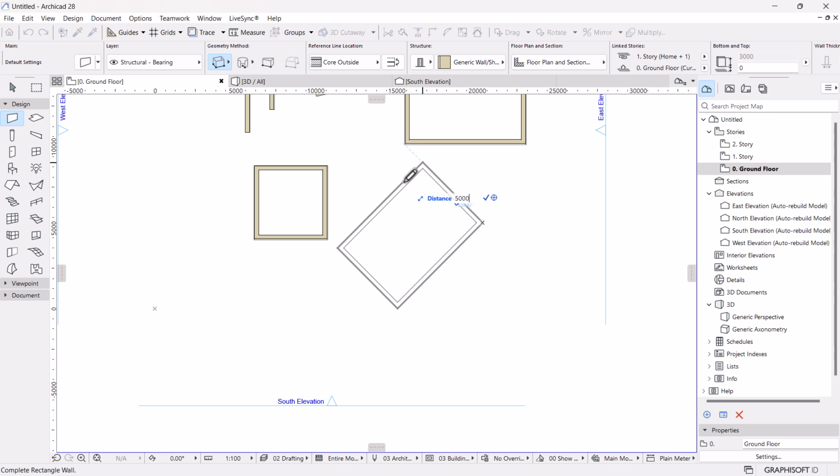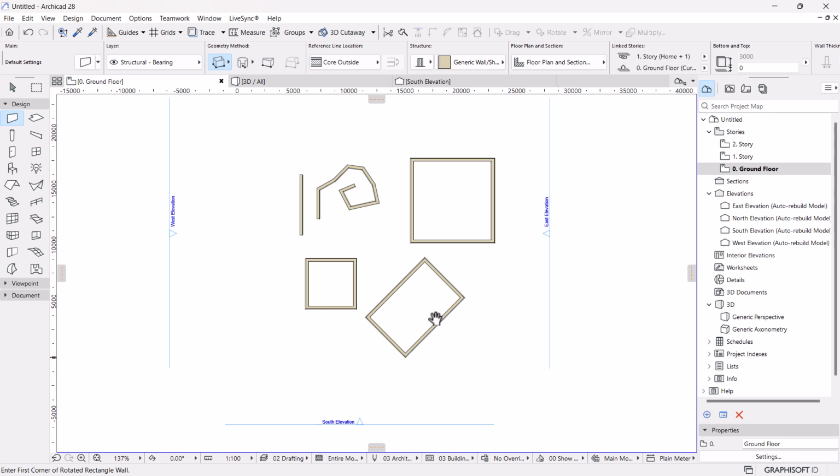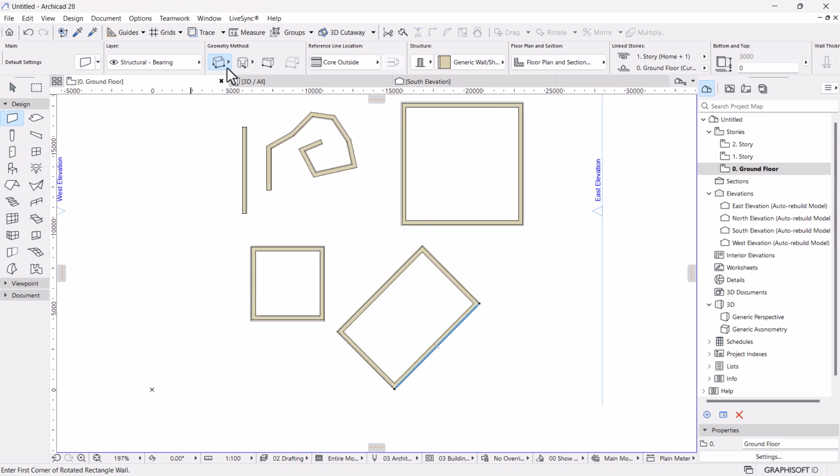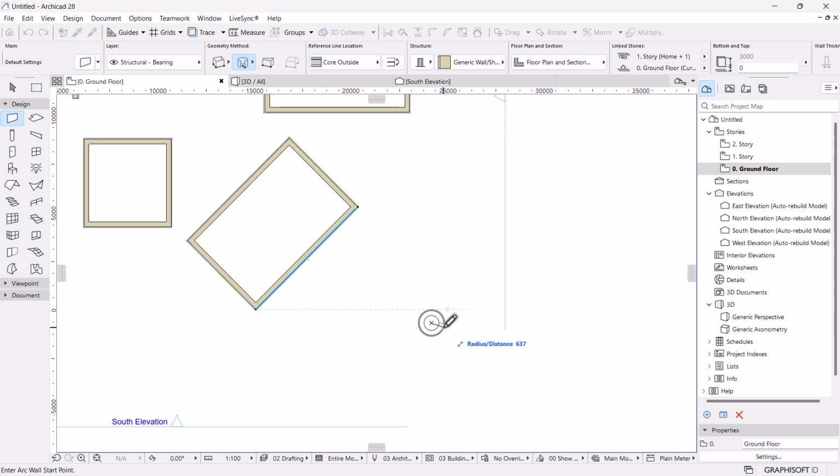I can even key in the value of the distance like that and hit enter to complete your placement. Okay, and then we have the second tool for the geometry method, called the curved method. For example, the first one in the list, you have to specify the center point first, right? So specify the center point on your screen, then you draw a way to enter the radius or the distance. In this case, it's going to be